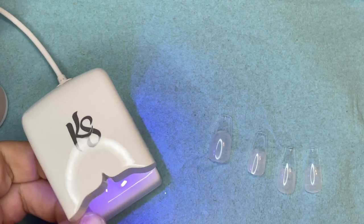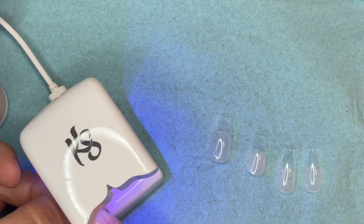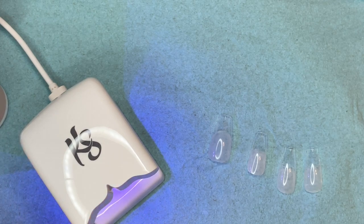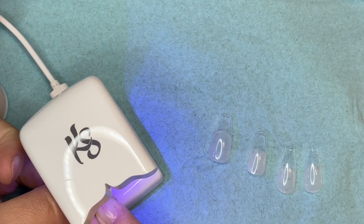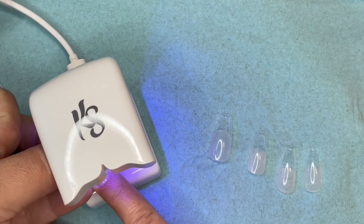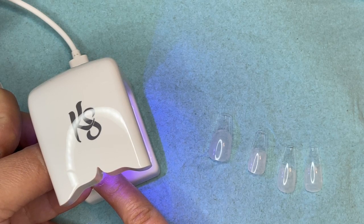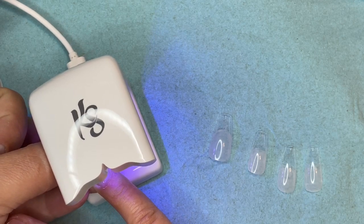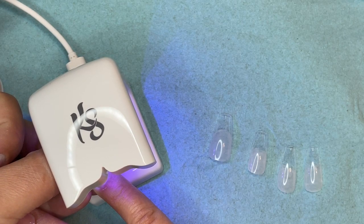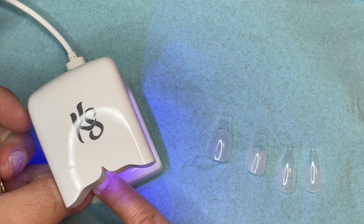And then you want to hold a good amount of pressure because the builder gel just on the tip is not enough to make it stick. This is why I actually love this little flash cure lamp, because you can put your finger in at all angles of the lamp, and a regular full-size lamp, you really can't do this, especially if you're doing it on yourself. So you want to just keep a good amount of pressure on that tip for about 10-15 seconds,